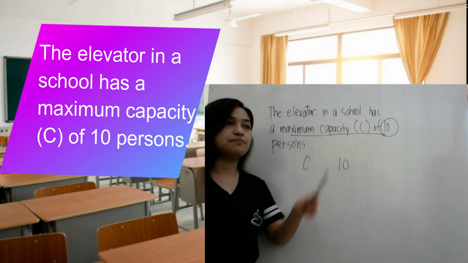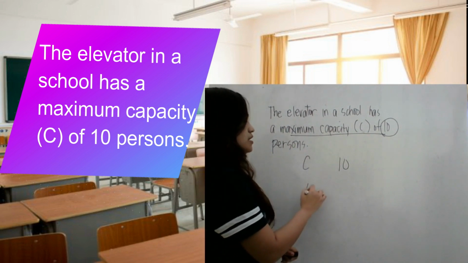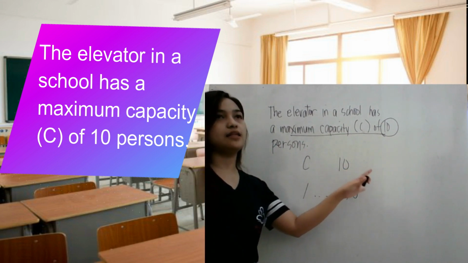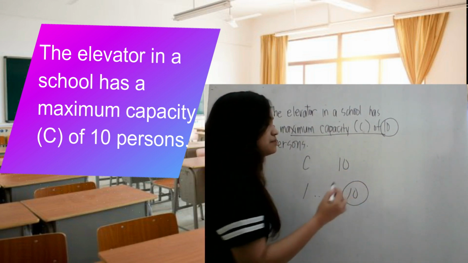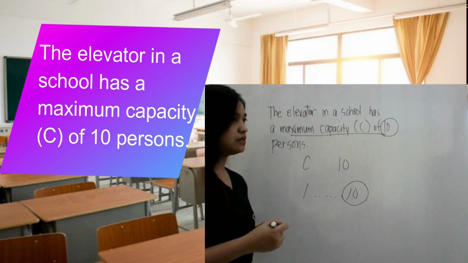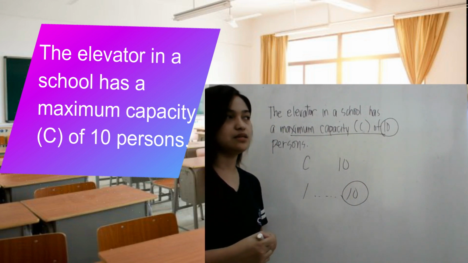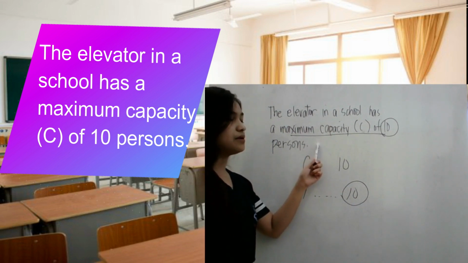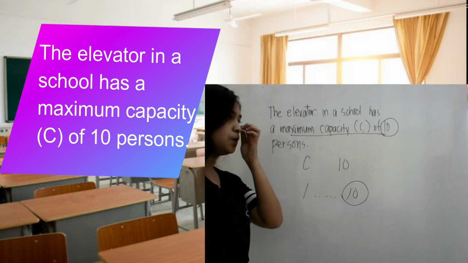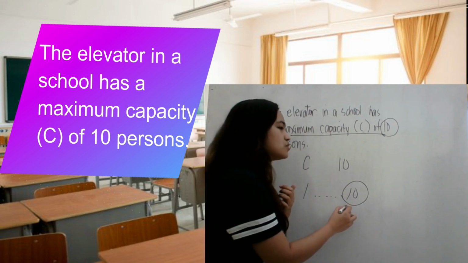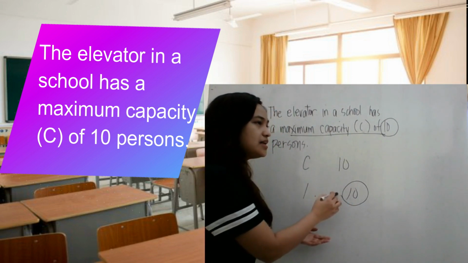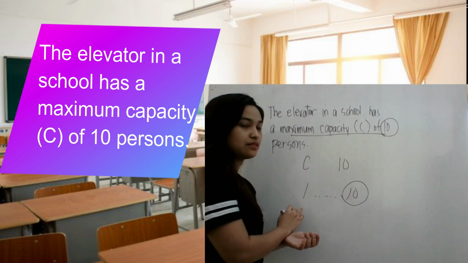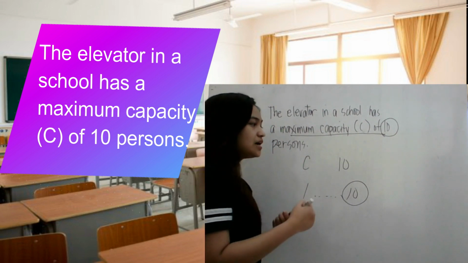So, hanggang 10 lamang daw ang limit. So, ano kaya ang gagamitin nating inequality to translate this word problem into mathematical equation? Kung ang limit daw ay 10, so ibig sabihin, it is composed of 9, 8, 7, 6, 5, 4, 3, hanggang 1. So, that means, ang gagamitin natin ay